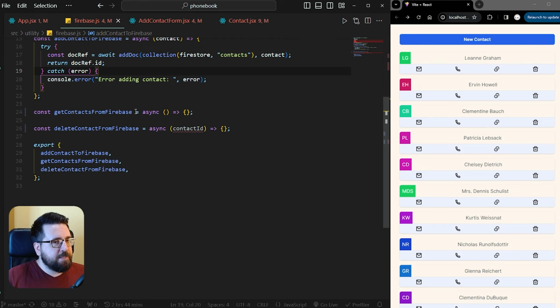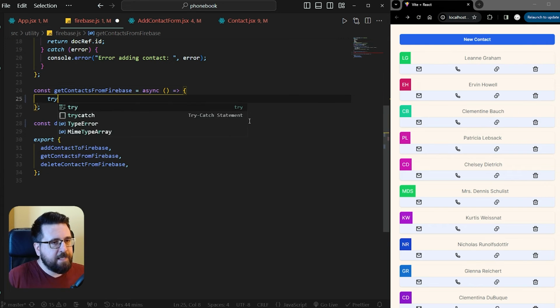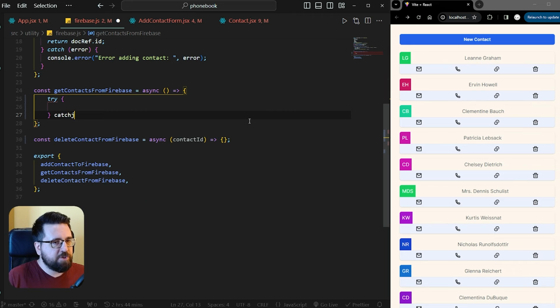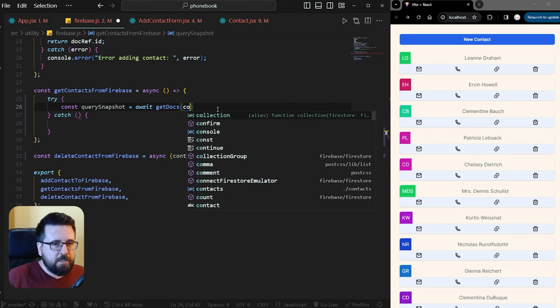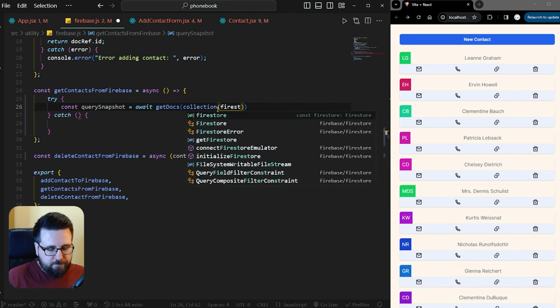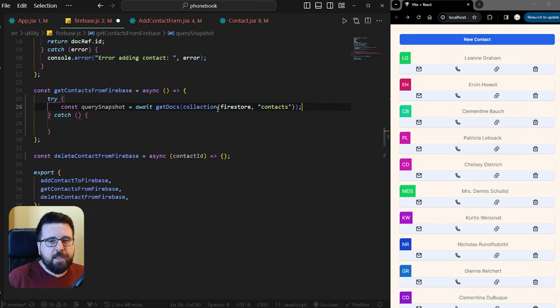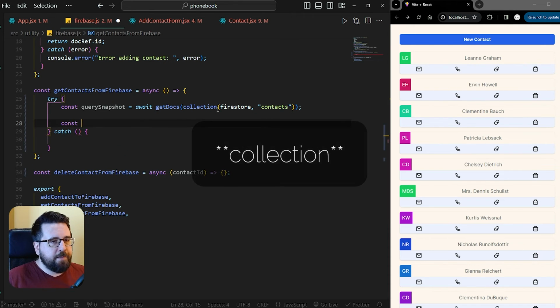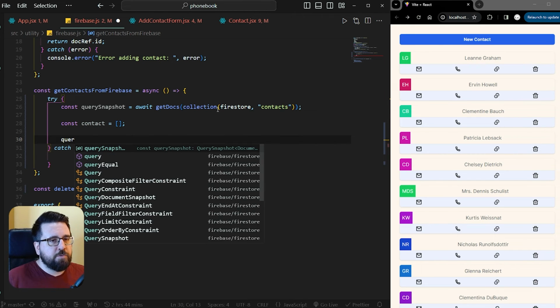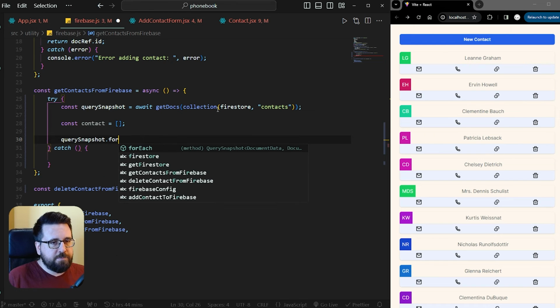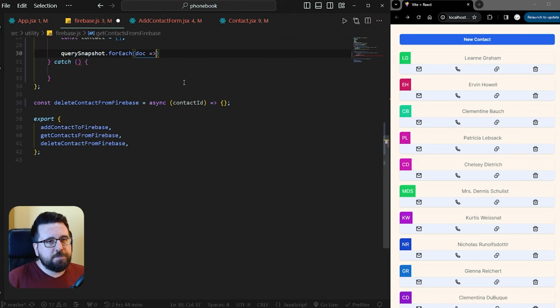So for getContactsFromFirebase, we are once again going to add our try catch block, and in the try we're going to say const querySnapshot equals await getDocs. In getDocs we're going to say collection firestore contacts, and this is going to give us our snapshot of our contacts table. And then we're going to say const contacts equal an empty array, and we're going to go through the querySnapshot, and we're going to say for each doc we're going to say